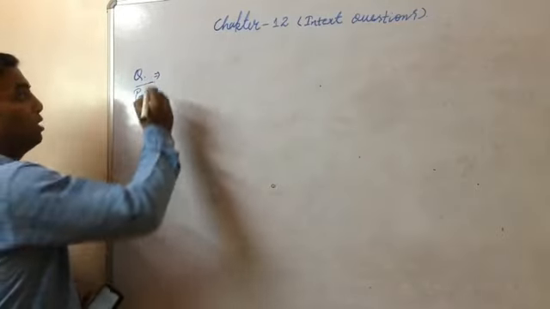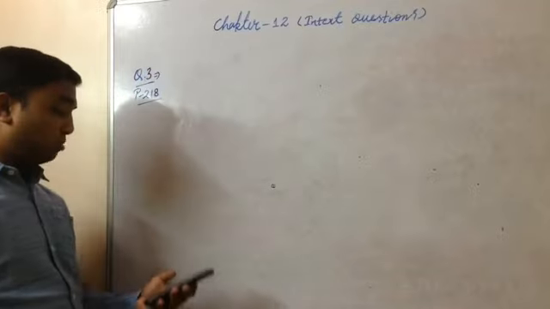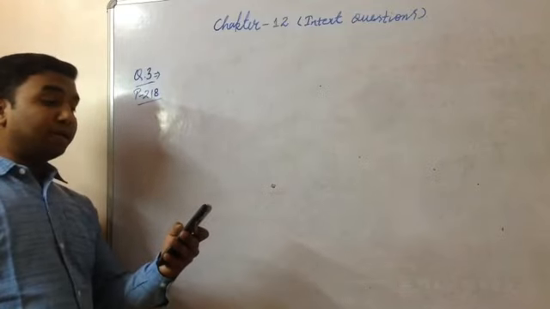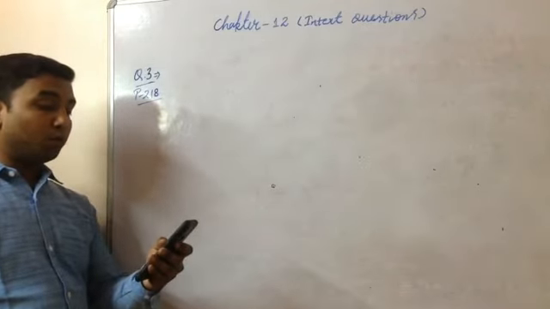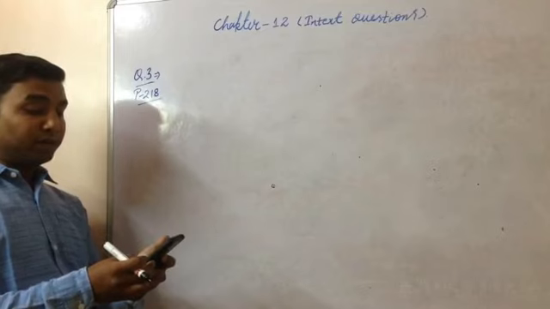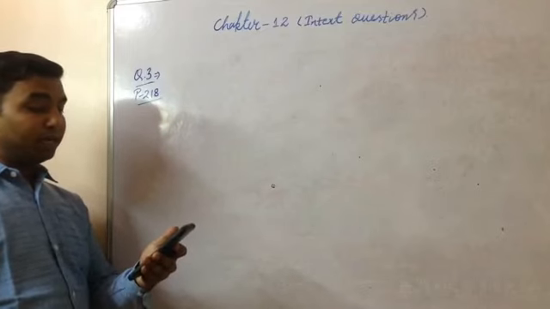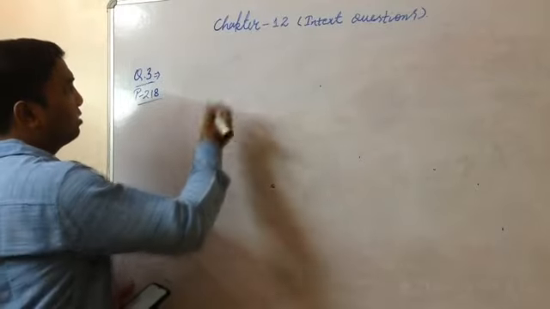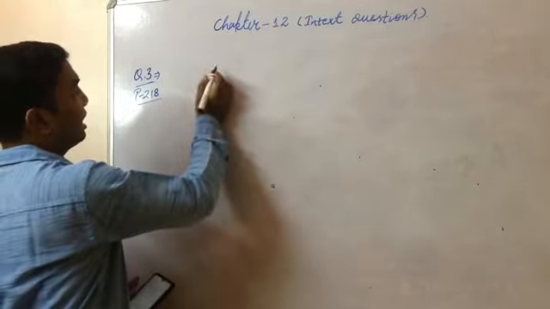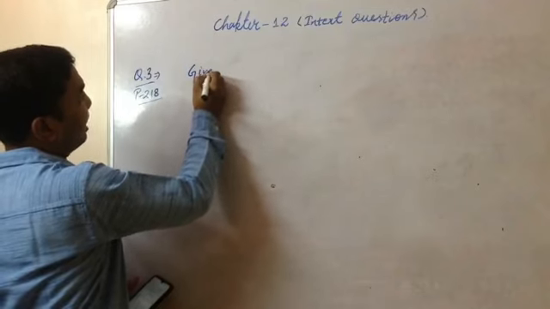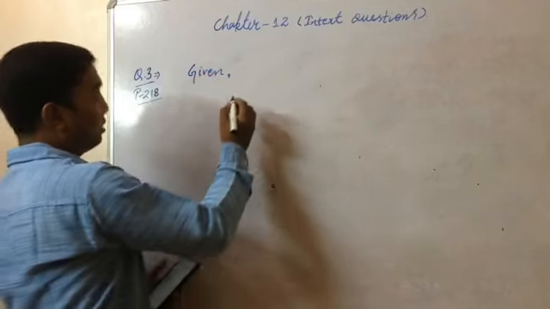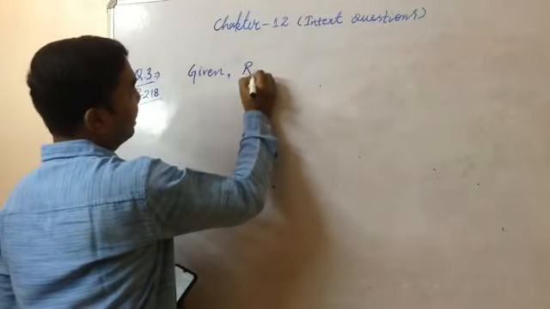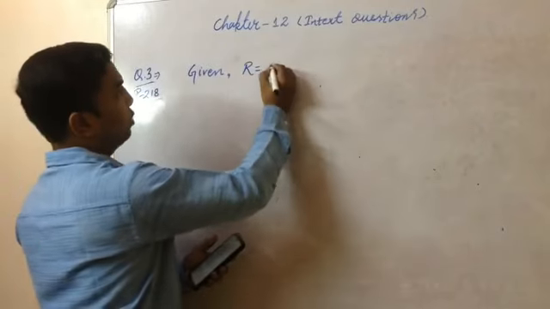Now I start with question number 3. In question number 3, page number 218, what is given? An electric iron of resistance 20 ohm takes a current of 5 ampere. Calculate the heat developed in 30 seconds. The question is the same. In an electric heater, we know the heat would be produced. Given, first we will write what is given. That heating coil, because the heating coil will produce heat. So what is the resistance of the heating coil? It is given as 20 ohm.